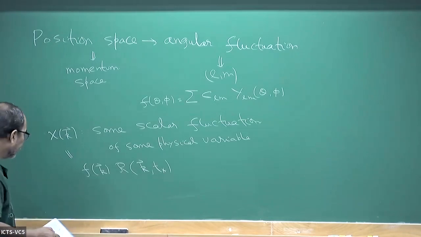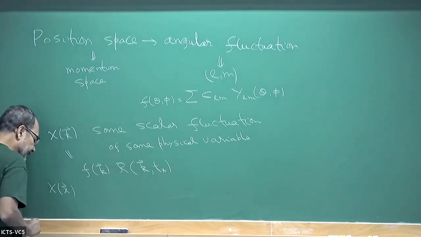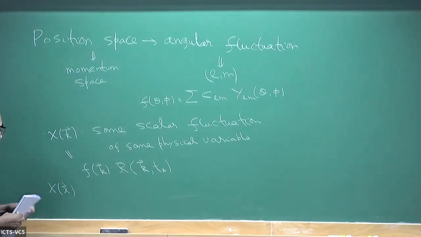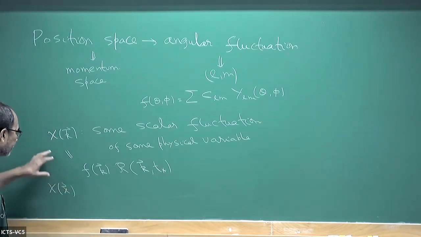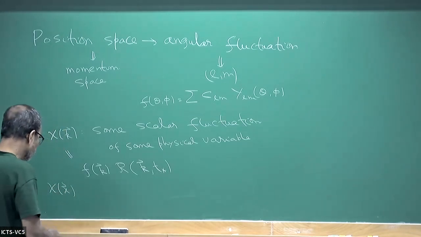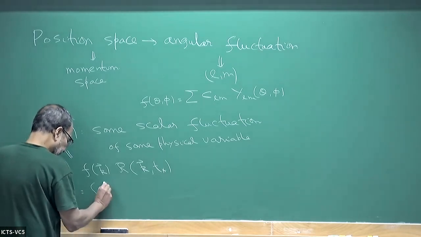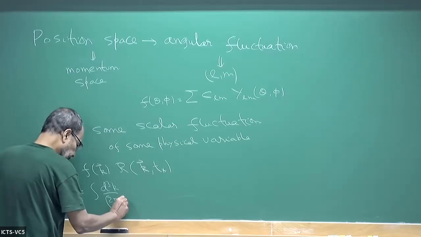And I also write down the Fourier transform. In this lecture, I'll use the same symbol for a function and its Fourier transform, but it should be clear from the argument. Otherwise, I could have written chi and then some chi tilde here, but I'll just use the same symbol: chi of x, which is the integral d cube k over 2 pi cube